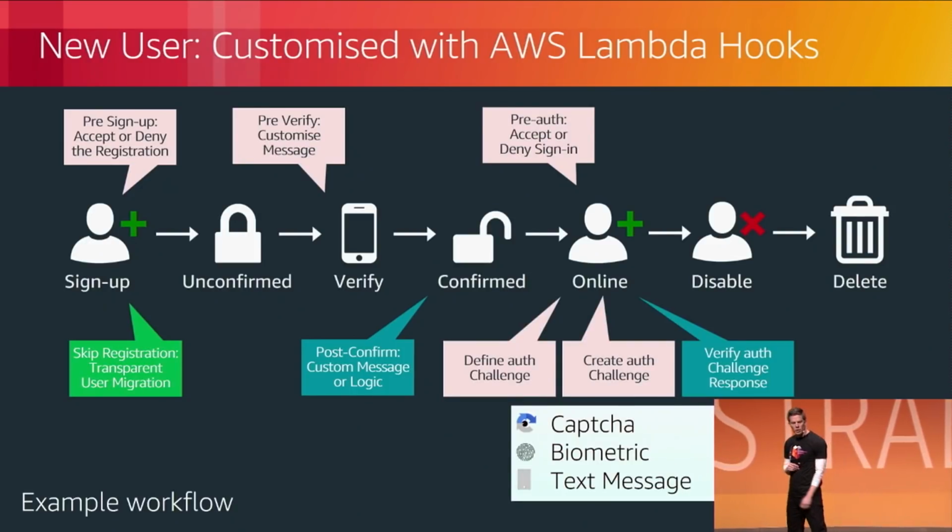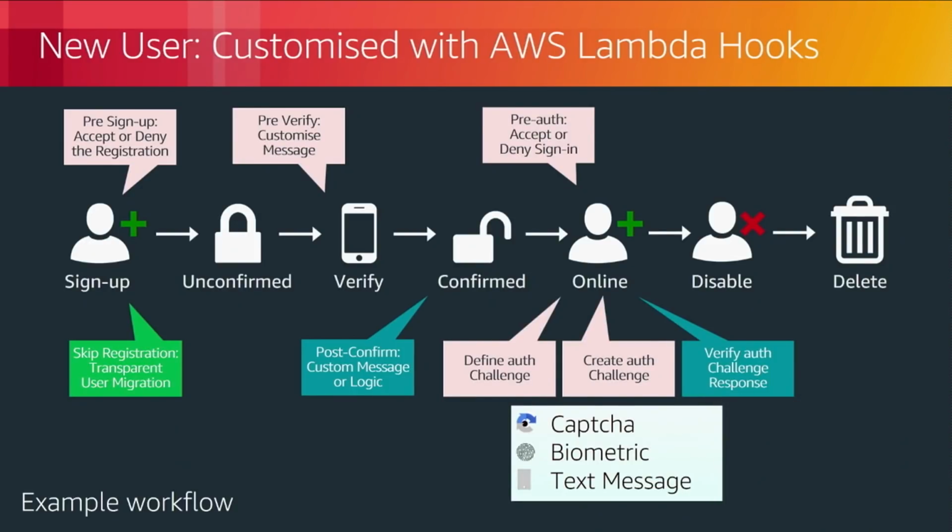Of course, we all know CAPTCHA. We've all verified that we are not a robot before, and a very standard place for these CAPTCHA hooks to happen is during sign-in. But if I wanted to move this to my sign-up stage, to make sure I didn't have bots registering and being unconfirmed users in my database forever and ever, I can simply move those hooks to the sign-up stage. So I get a huge amount of customizability, and I can determine both pre and post each stage what I might want to do with this user, all with AWS Lambda.